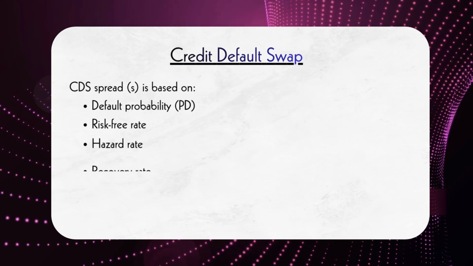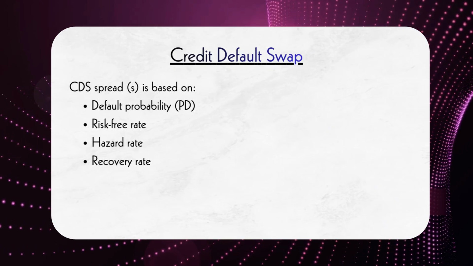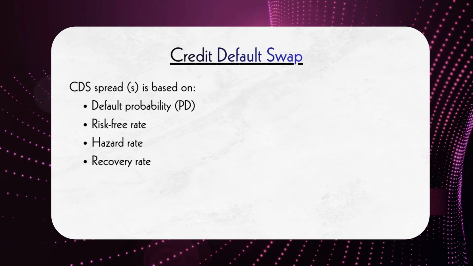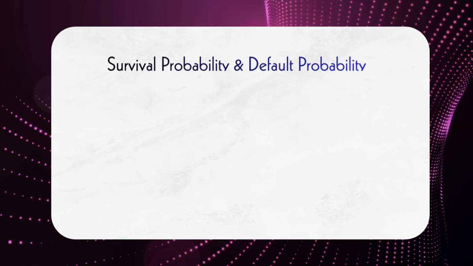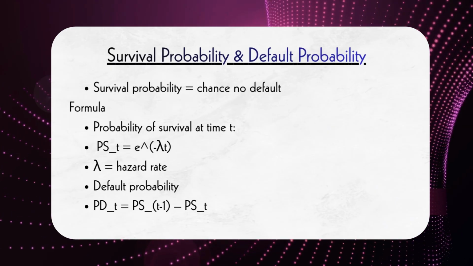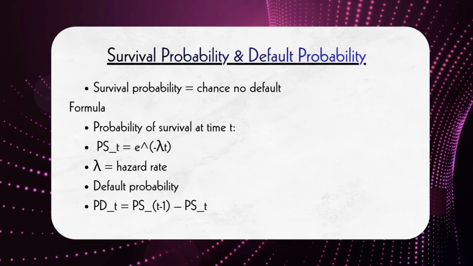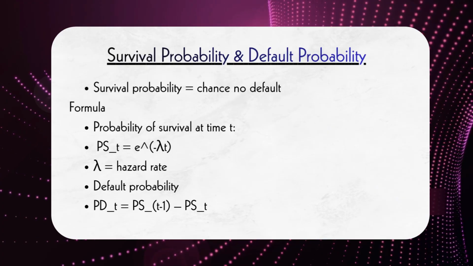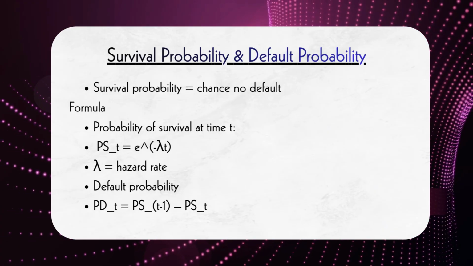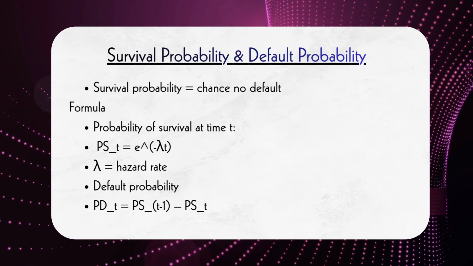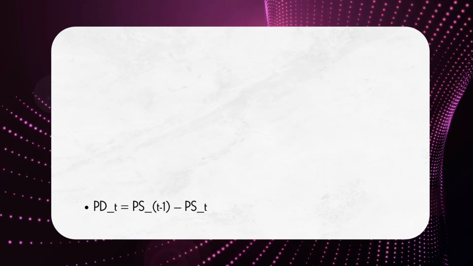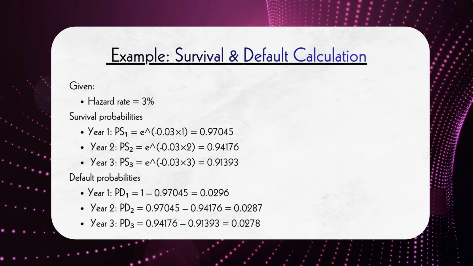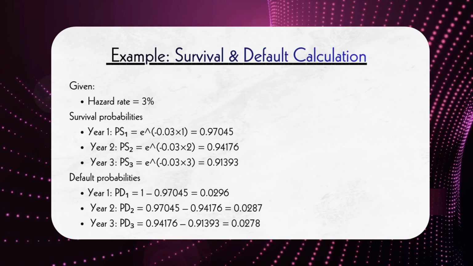Now let's understand how CDS pricing works. The CDS spread depends on 4 main factors: the probability of default, the risk-free interest rate, the hazard rate, and the recovery rate. The hazard rate represents the intensity of default, and from this, we calculate the probability that the company survives up to a certain time. The formula for survival probability is P_S(T) equals e^(-λT), where lambda is the hazard rate. The probability of default in a given year is simply the drop in survival probability from one year to the next. For example, if the hazard rate is 3%, the survival probability after 1 year is e^(-0.03 × 1), which is about